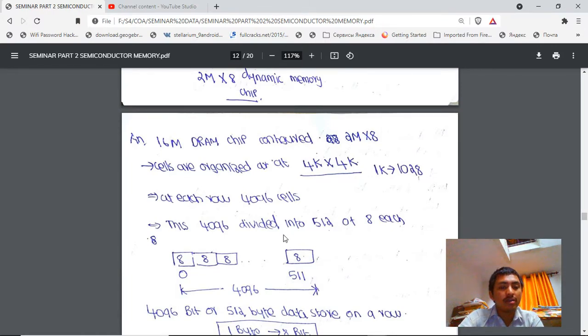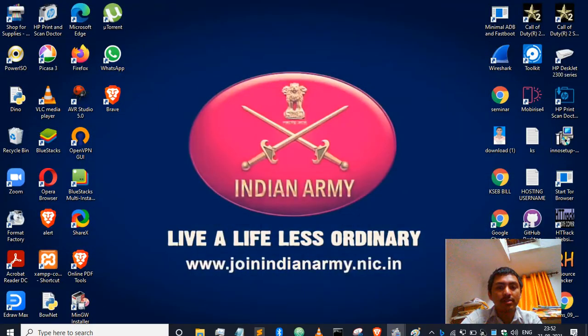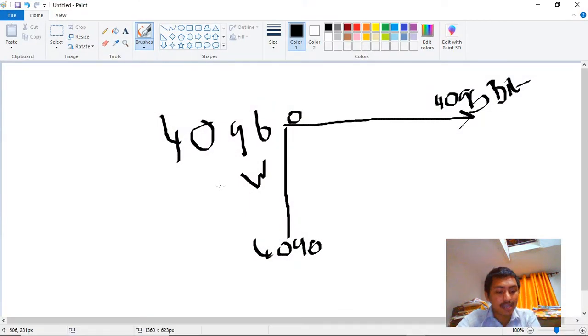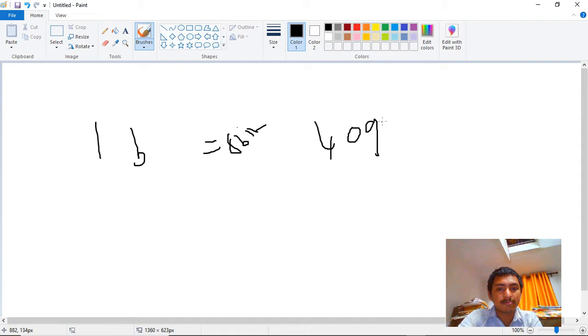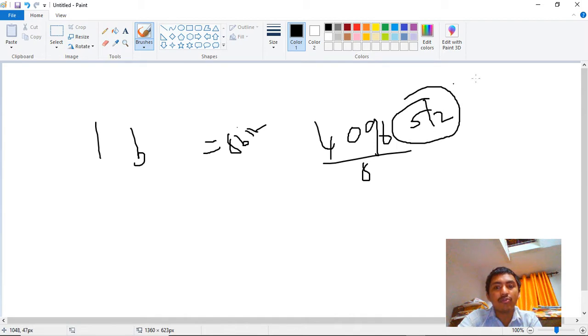We know that 1 byte is capable of storing 8 bits. So 1 byte equals 8 bits. 4096 bits divided by 8 gives 512. So there are 512 bytes of data.